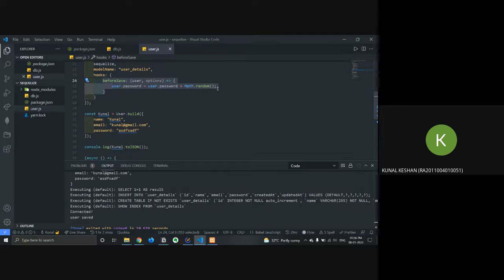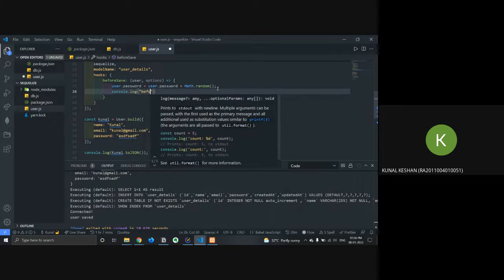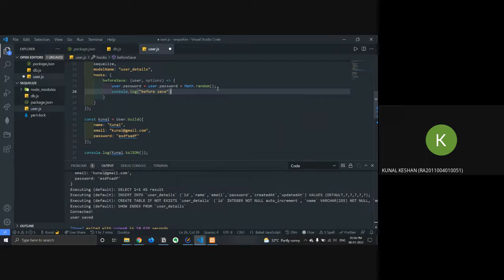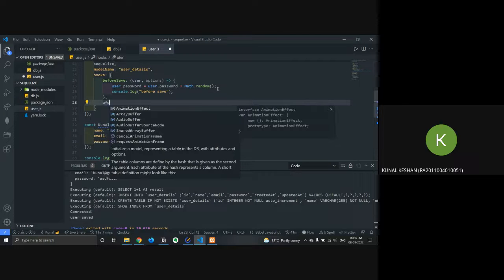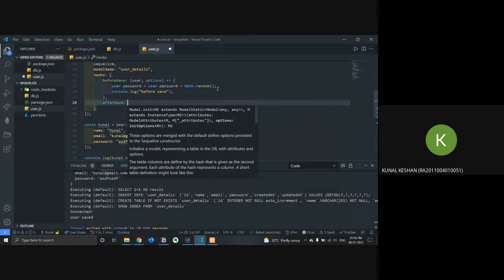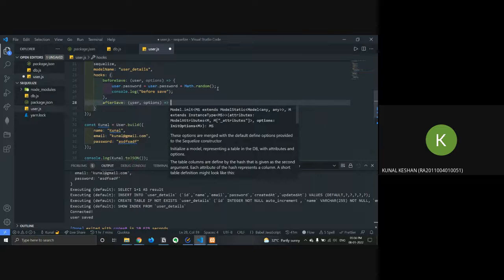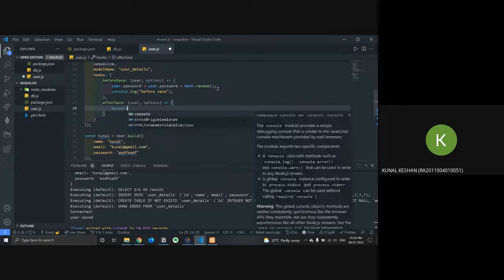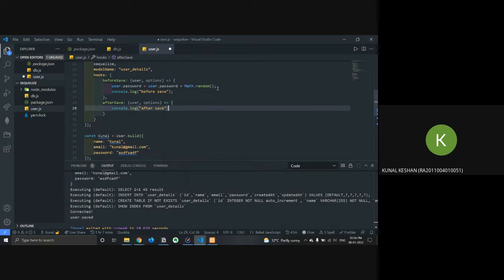I'll simply do console.log before save, just as an example. And after save also we have save user options. I'll just put console.log after save. That's an example.